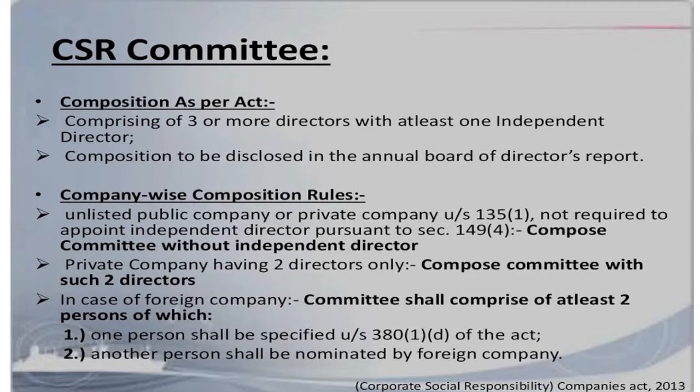And at least one independent director, and that should be disclosed in the annual board of directors report. And for unlisted and private companies where there is no provision of appointing an independent director, they can constitute a committee without an independent director. If any private company is having only two directors, with the two directors only, it can appoint